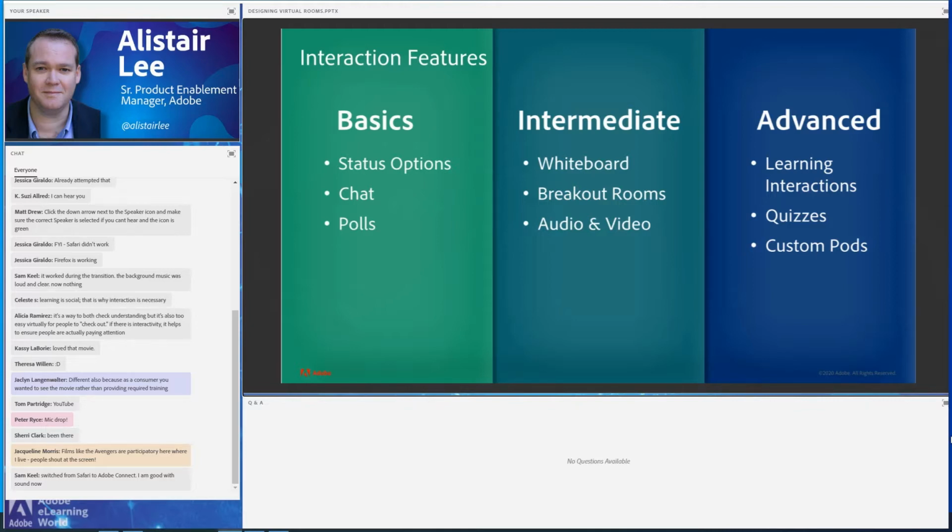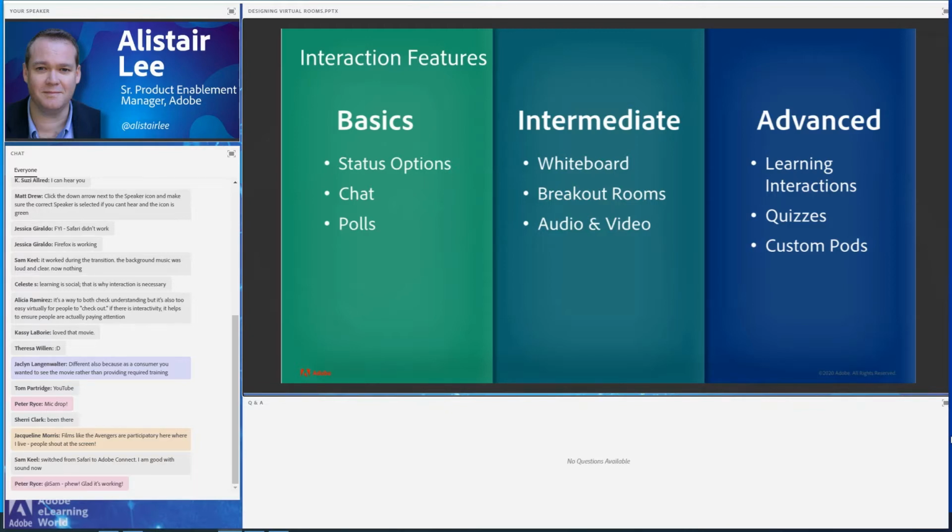Chat is another really great way to have people provide feedback. And as you saw on one of the last layouts that we did, the chat pod doesn't have to be the standard chat pod that you're using on every layout. Adobe Connect enables us to add multiple chat pods so we can focus some of that conversation. We can have some people use one chat pod if they want to agree with something, and a different chat pod if they want to disagree.